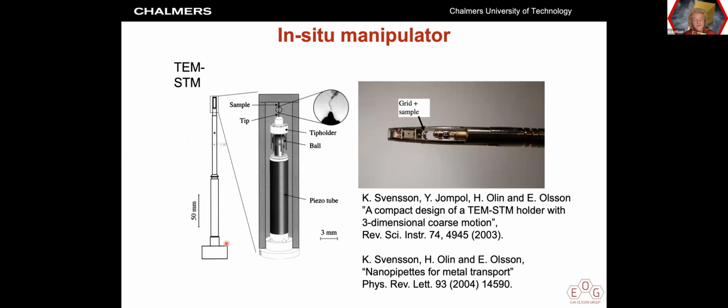And this is a TEM holder, schematically shown here. The part that is interesting now is up here, where we mount the sample. Then we have a piezo tube that gives us the fine motion in X, Y, and Z direction. But in addition, which is very nice for this particular type of holder, is that we also have